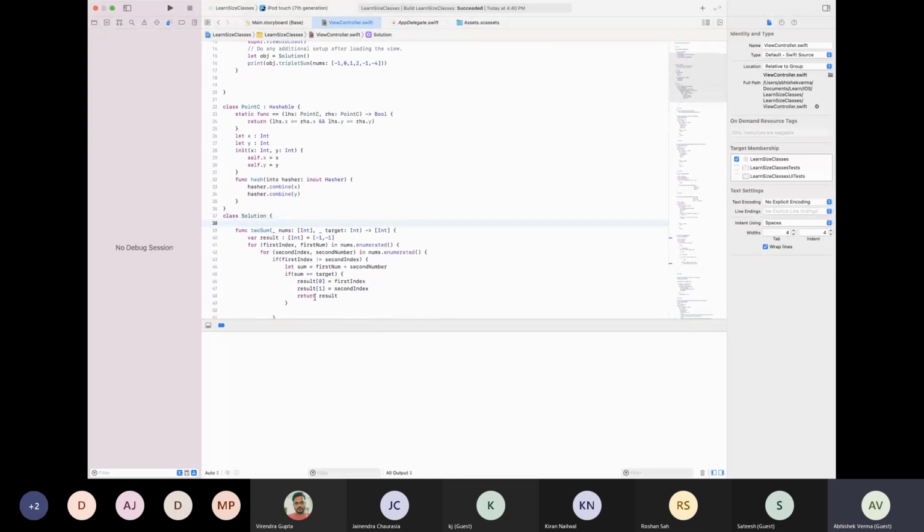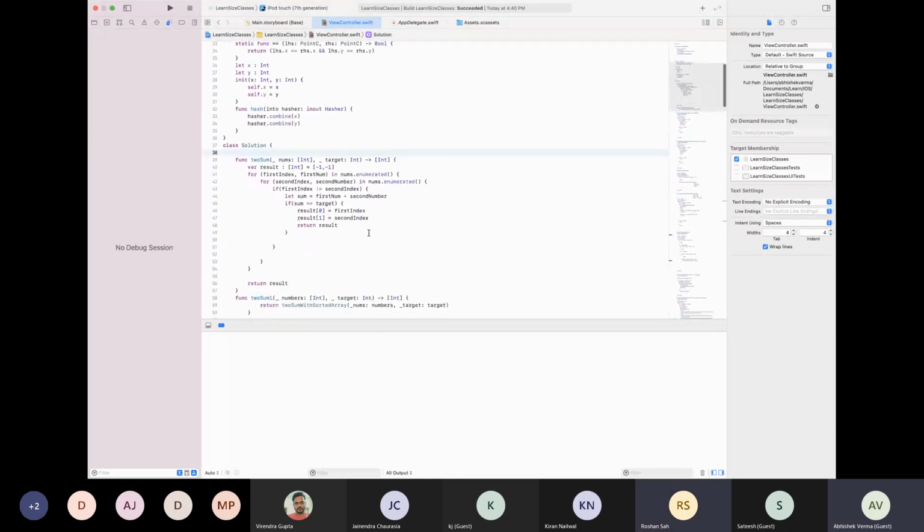So what you are saying is, see, at line number 44, let sum equal first number plus second number, and then you are checking whether the sum equals target. So you are doing one operation every time for the sum, at line number 42. For that iteration, you are every time going to make the sum and then check it against the target. Okay. Yeah. So we can also do it in the same fashion, right?